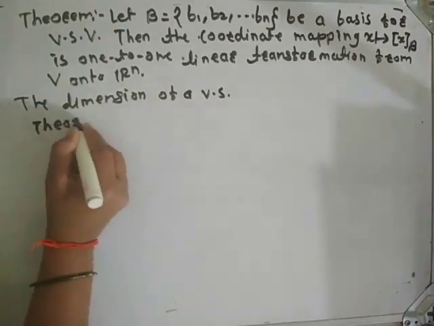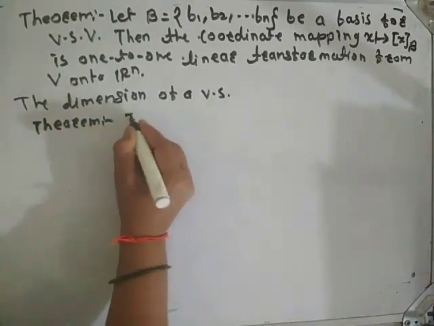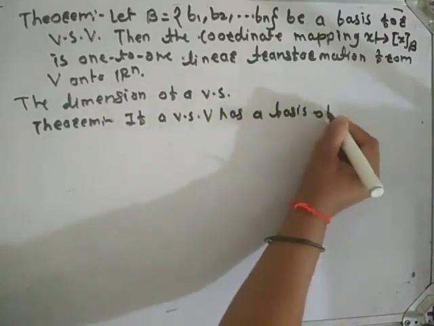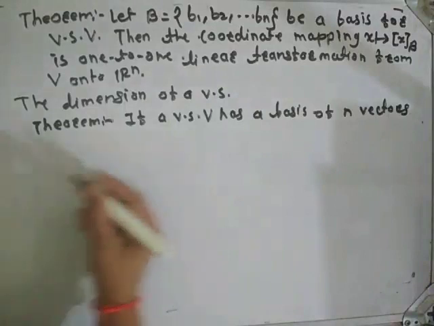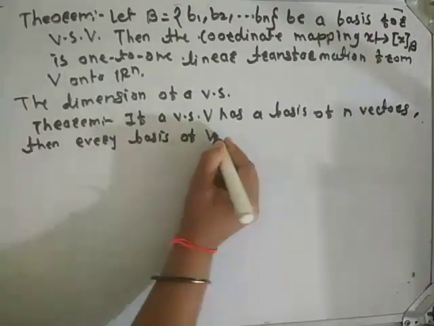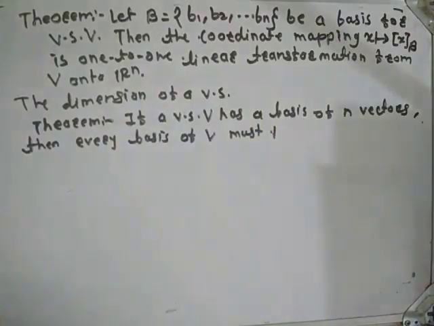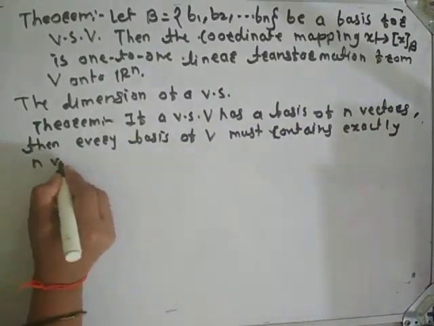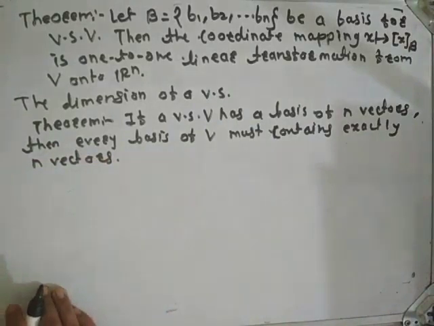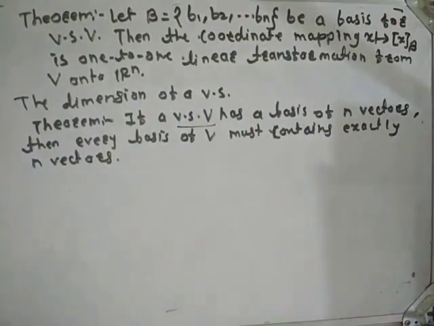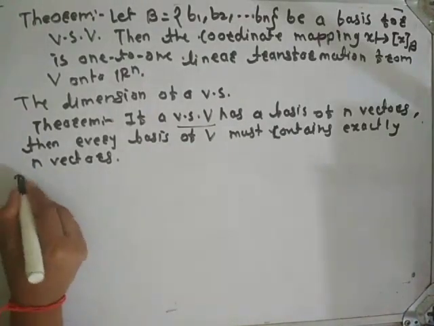First of all, write down one theorem. If a vector space V has a basis of n vectors, then every basis of V must contain exactly n vectors. What is the theorem? If a vector space V has a basis of n vectors, then every basis of V must contain exactly n vectors. Now we will see the definition of dimension